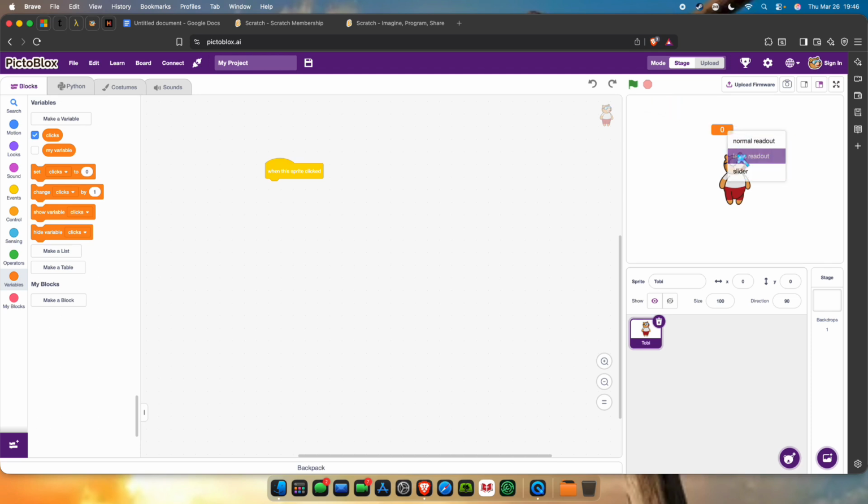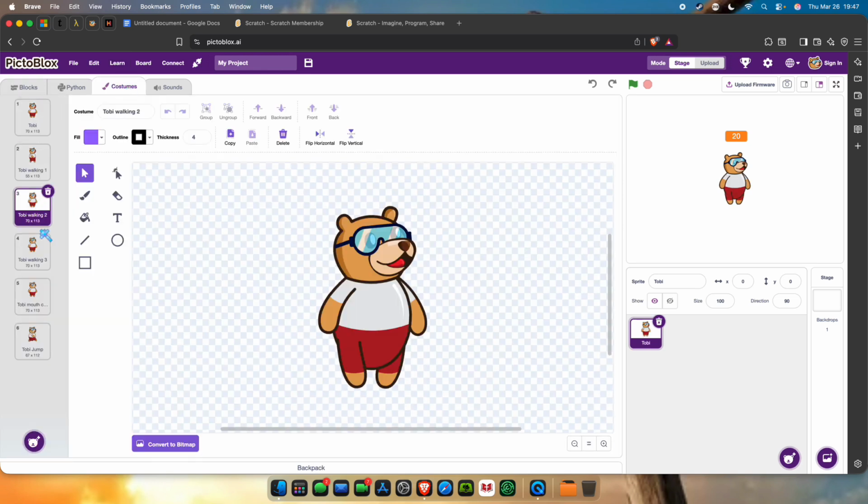Yeah, this is just like Scratch, but with some added features. This reminds me of Turbo Warp or Penguin mod. It's just a Scratch mod. Yeah, so let's do when this sprite clicked, change clicks by 1. Okay, yeah, there you have it. Basic clicker game, but let's do an animation. What if we make him walk when you? No, that doesn't look good. Duplicate, or we don't need to do that. Let's just do